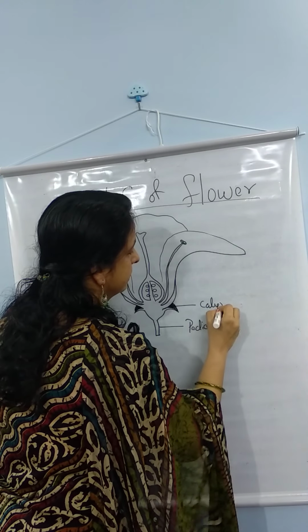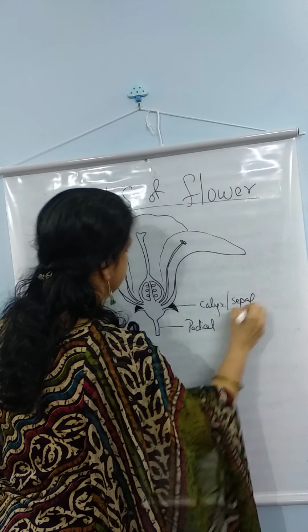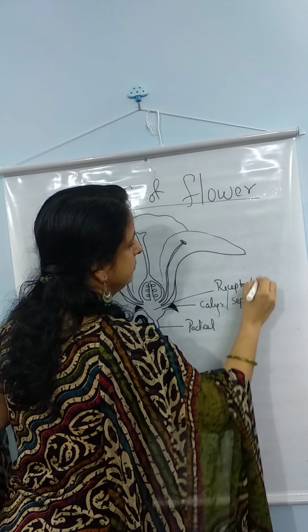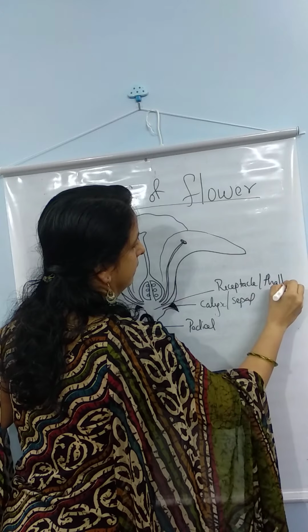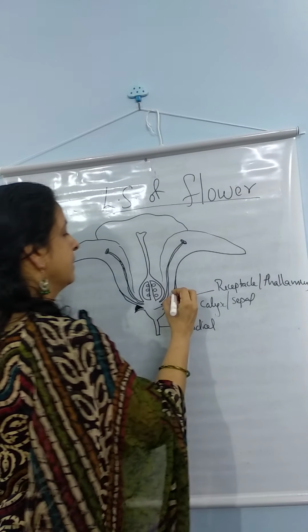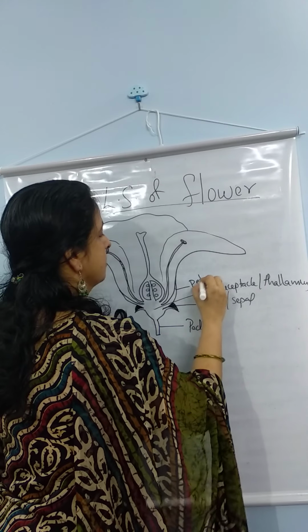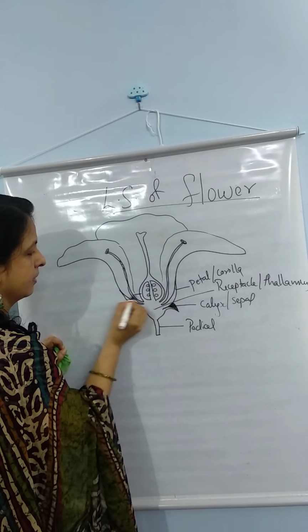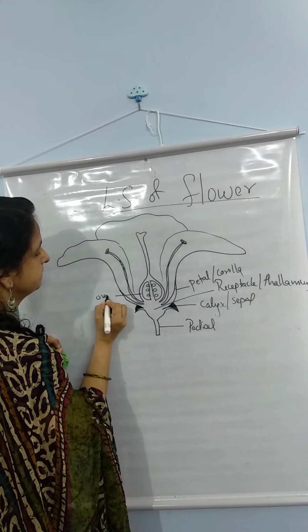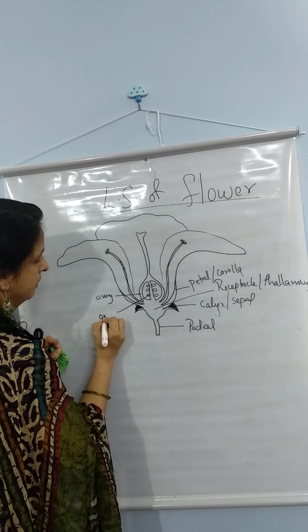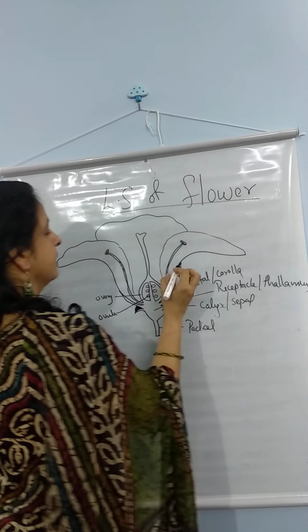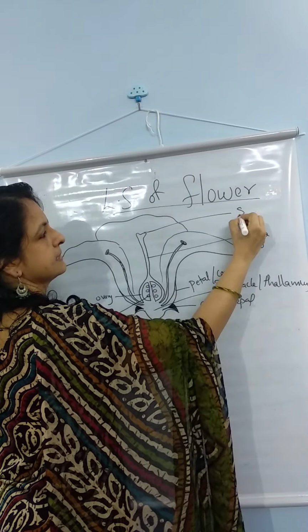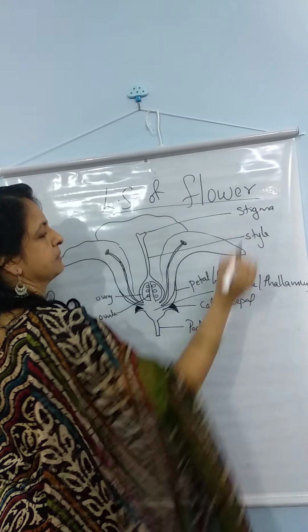Calyx, sepal. This is okay. Now this is the petal, collectively called corolla, ovary, ovule. Okay. Now this is the style, this is the stigma, and this